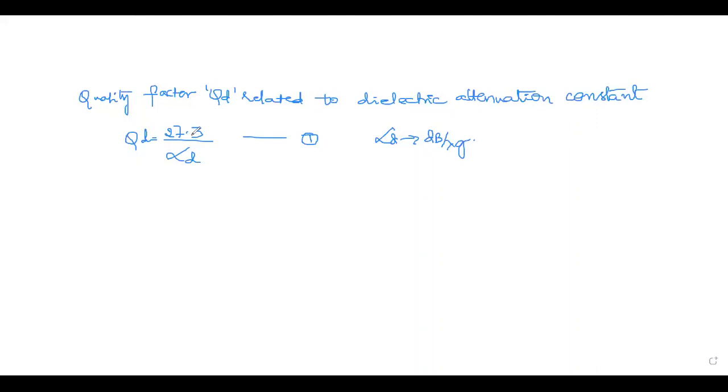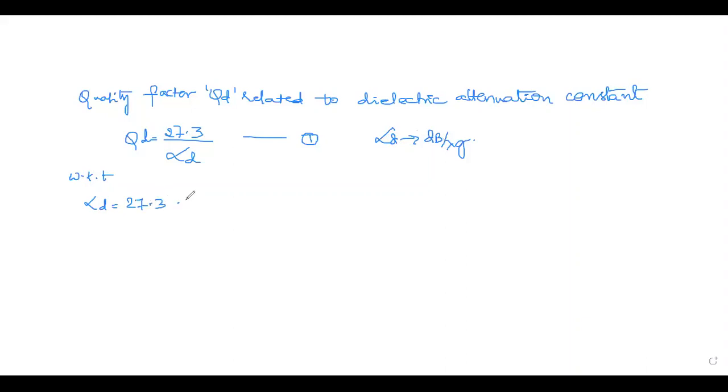It is 27.3 by alpha D, where alpha D is nothing but the attenuation constant of dielectric, which is again expressed in dB per lambda G, or guided wavelength. Previously, we have derived what is alpha D with respect to your dielectric constant. So the equation of alpha D is